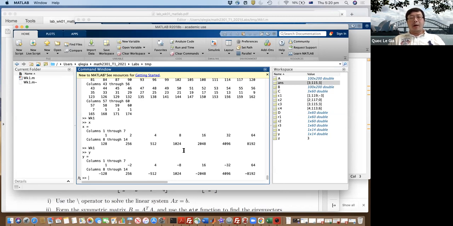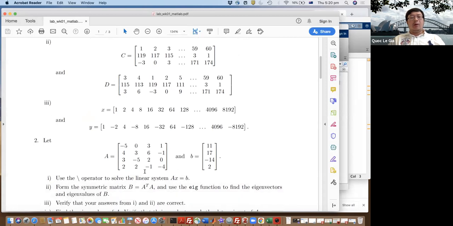Okay, so now what about the next question? The next question is, how do you solve the linear system? Remember the linear system is the coefficient matrix, and then there is x1, x2, x3, x4. So how do we solve it by MATLAB? Well, in MATLAB, it's very simple. Now you just put in,